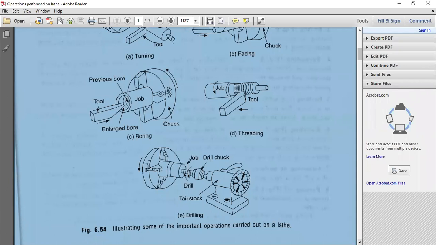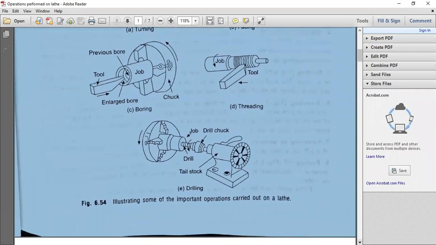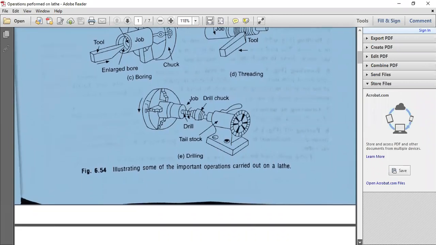Don't say you cannot perform drilling or boring operation on a lathe machine, because by this time you have to be very sincere as far as your academics are concerned. Already in 3-2 you have to write the subjects and balance your schedules. So don't waste time in IPLs and all these big bosses. I want to tell you that as a professor, I speak because though it's an online class, we have to teach some ethics and some things that are to be followed in the online class. Already I told you, in spite of telling, some people are joining late.